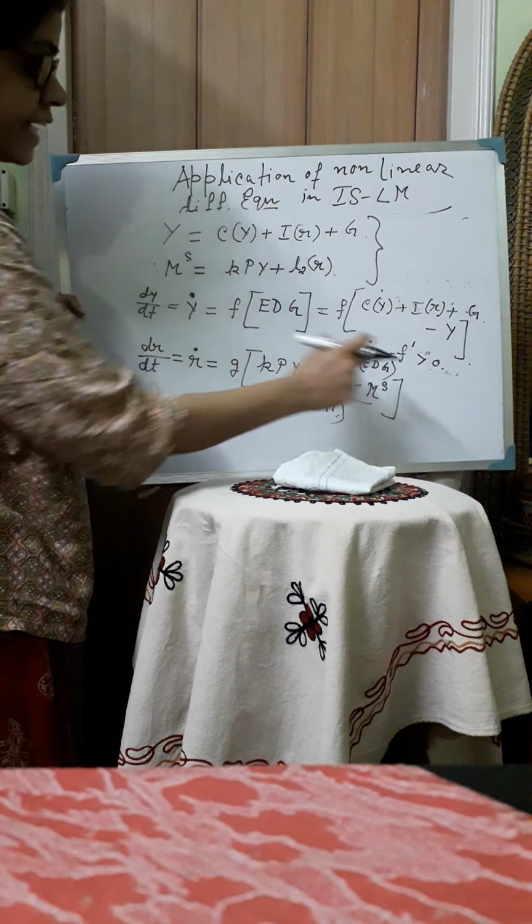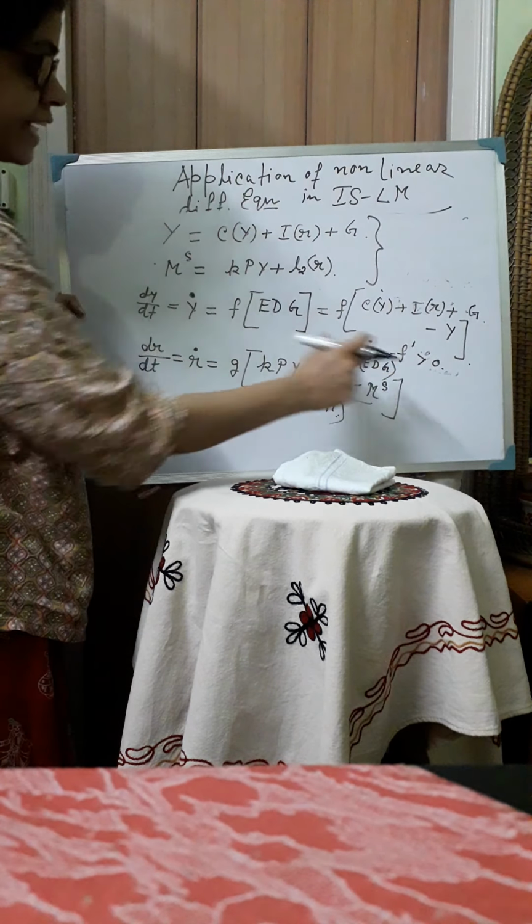Now for reducing this part, this L2(R) will adjust, because in the money market only R will adjust. So L2(R) is a function of rate of interest, so this term will adjust with the change in R. So when there is excess demand for money in the money market, this term will have to adjust. Now for reducing this term, L2(R) has to be reduced. Now for reducing L2(R), R has to be increased. So in that case, R dot will rise.